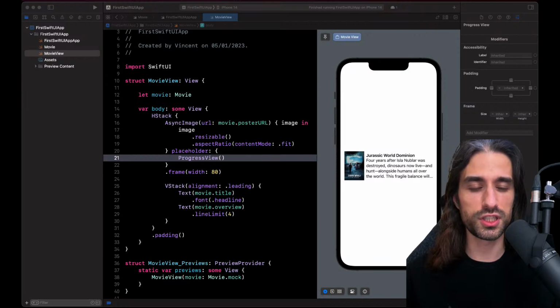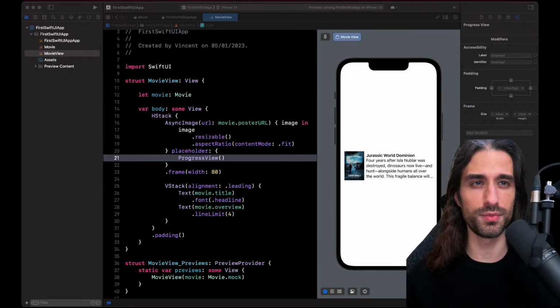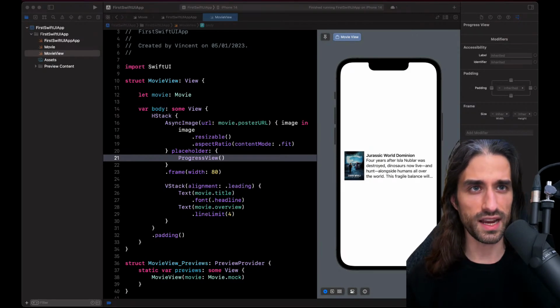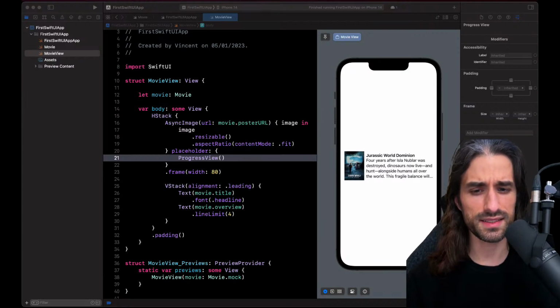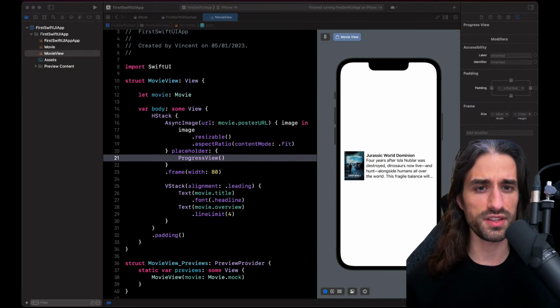So either use a dictionary with keys and values and make it so that your dictionary doesn't hold more than, I don't know, like 50 values, so that you don't create a cache that grows but never removes the older things. You can use NSCache, which is a built-in cache available in Foundation, and that has all of this, like removing the least recently used things, already built in. And you also have some popular libraries that take care of caching the image.